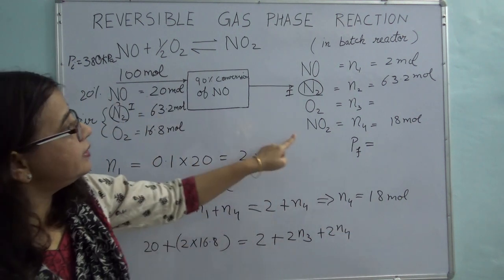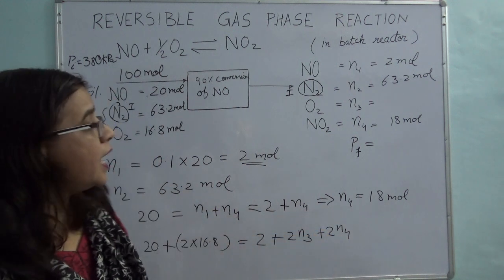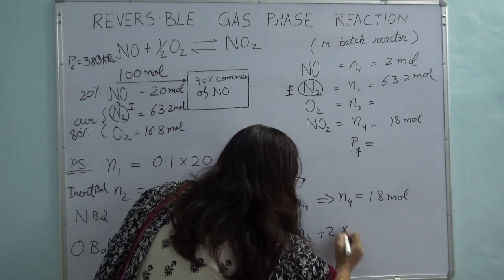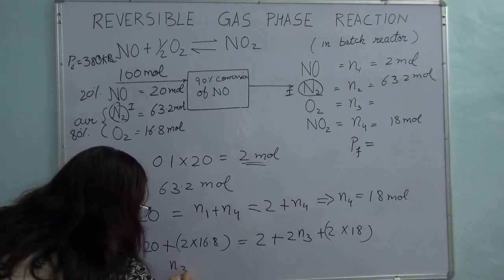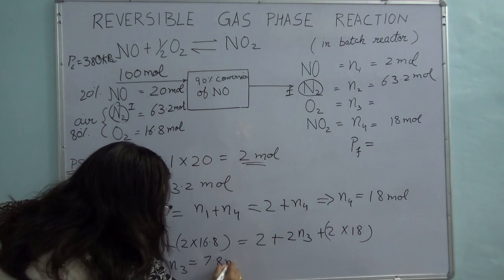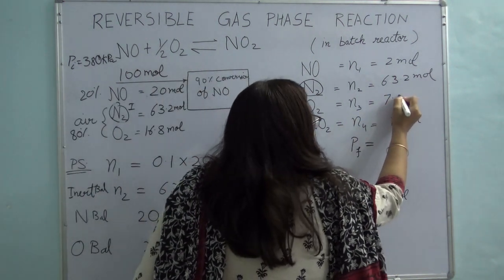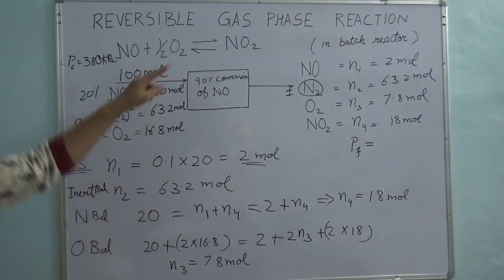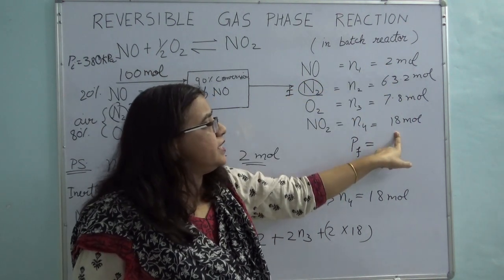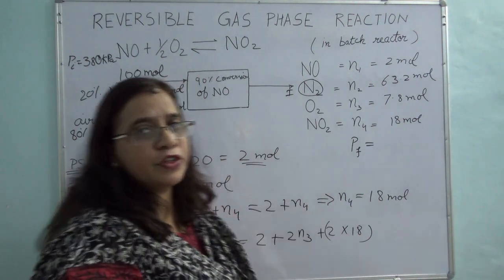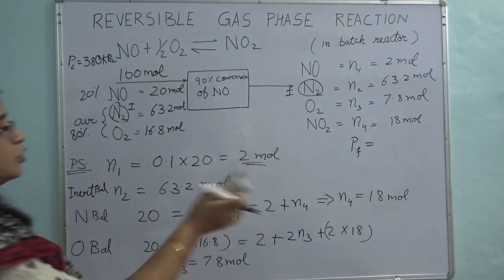Okay, now N3 I don't know, but N4 I know. N4 is 18 moles, so it is 2 into 18. This is simply one equation in one unknown, and I am going to calculate that. If you do that calculation, what you get is your N3 is equal to 7.8 moles. So I have calculated the composition. Okay, composition means these many moles are coming out. What you can do is you can easily convert it into mole fraction. That I will leave for you to do it on your own,